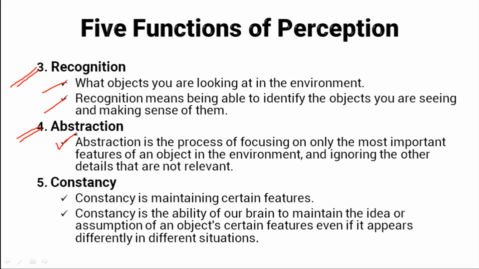So when you look at a chair, your brain creates an image of what a chair should look like based on your previous experiences with chairs. And this image is called a prototype. Then your brain decides which features of the chair to pay attention to, such as its shape. Your brain then compares this information to what it knows about chairs, like their typical angles and lines, to make assumptions about what you are seeing. It also considers what you can do with the chair, or its affordance, like sitting on it.